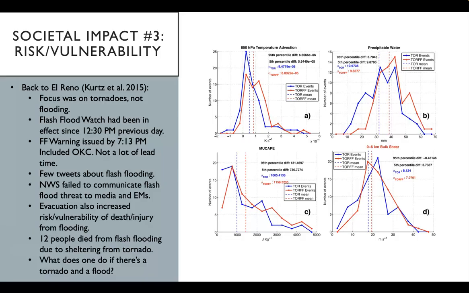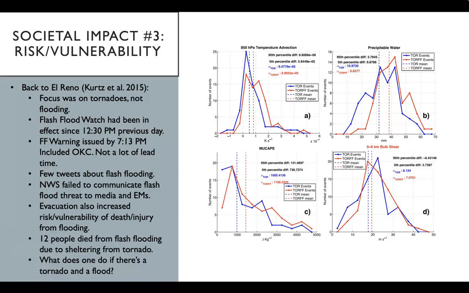And you can see here, if you look at the graph on the right, the red line is the TORF events. You can always see, even if it's just at the end, at the edge, all the way to the right, the value is always higher for everything, for CAPE, for shear, for bulk shear, for precipitable water, and temperature advection is always slightly higher, which does imply synoptic scale ascent and synoptic conditions